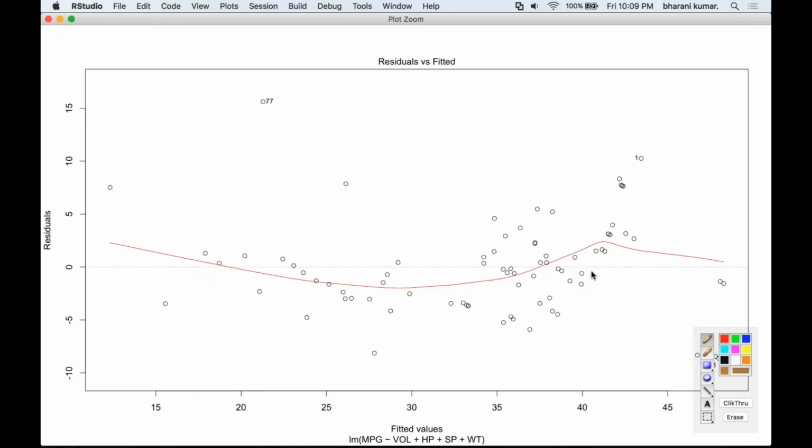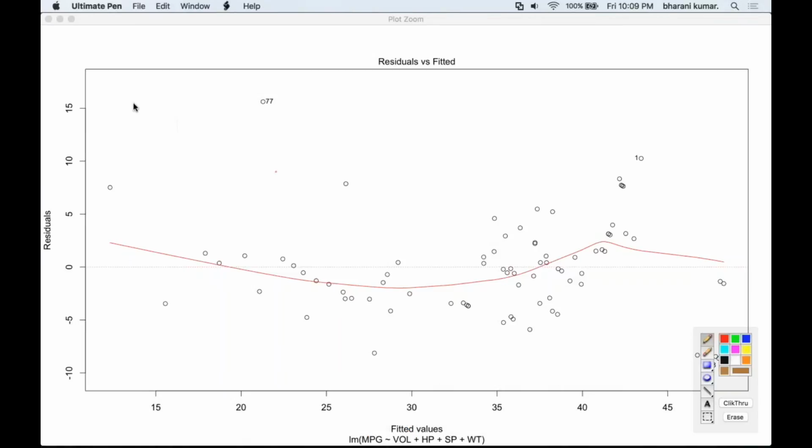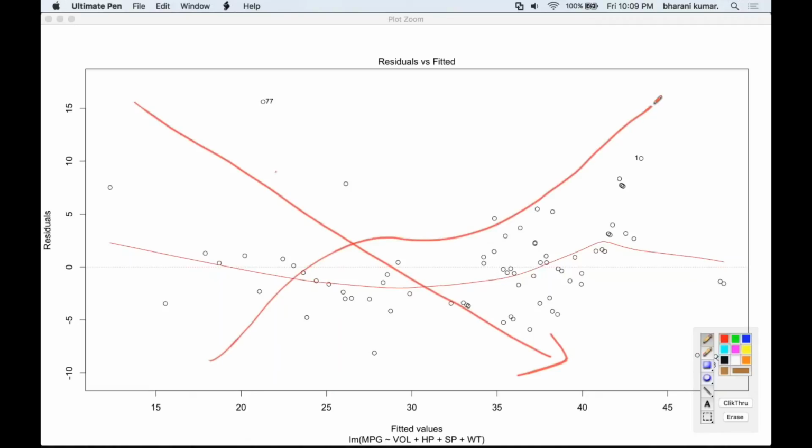So it's more or less constant, this red line. There is no weird representation. If this red line would have been in this way,